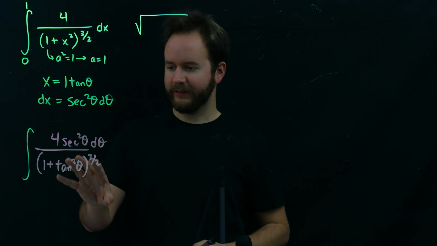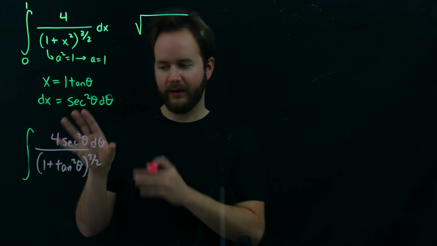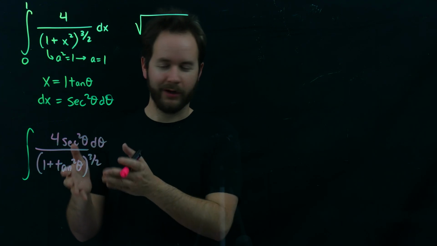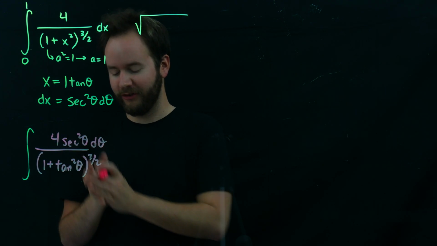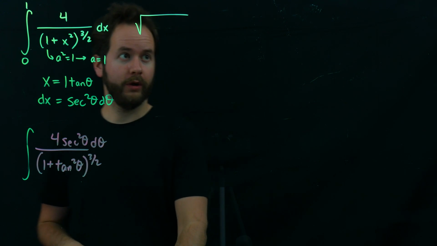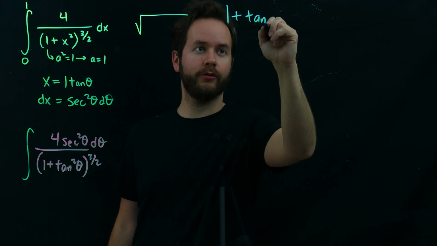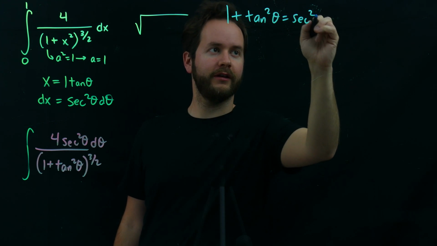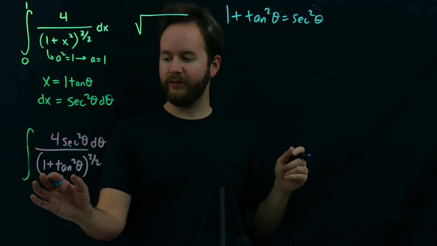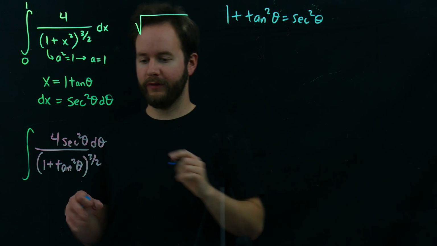Okay, this looks kind of like a mess. And I always say, all right, the next step is to integrate, but you're not going to integrate right like this, just that mess here. So we need to simplify it a little bit. We're going to invoke an identity. This is an identity you need to know. 1 plus tangent squared theta equals secant squared theta. So I'm going to replace this 1 plus tangent squared theta by that secant squared theta when I rewrite this